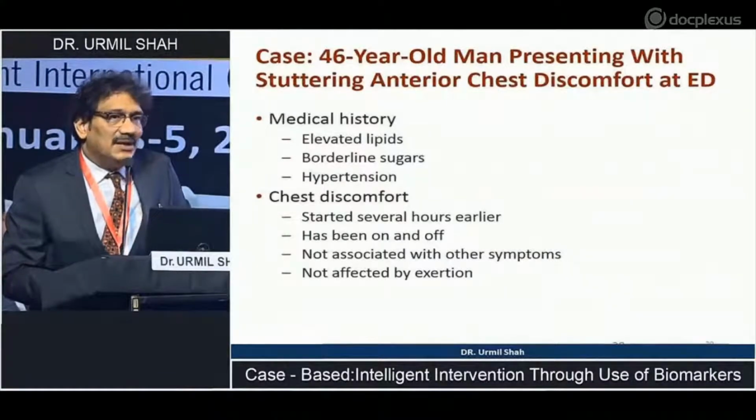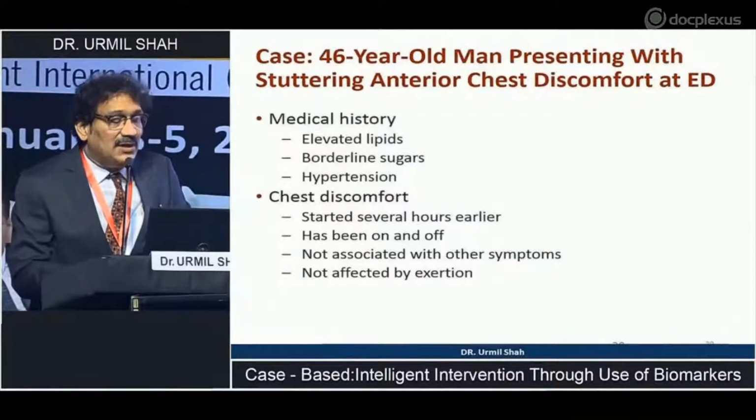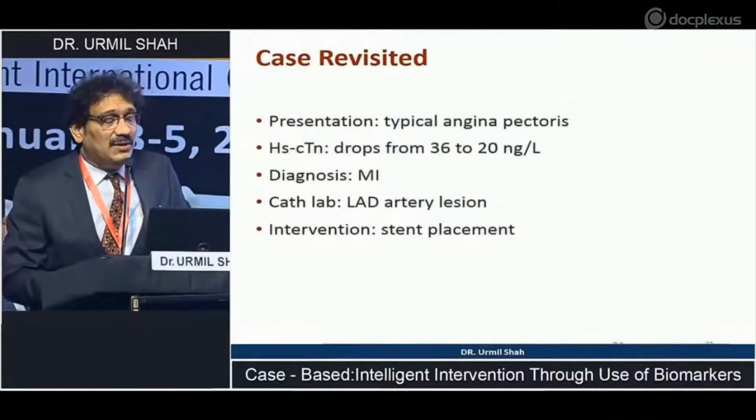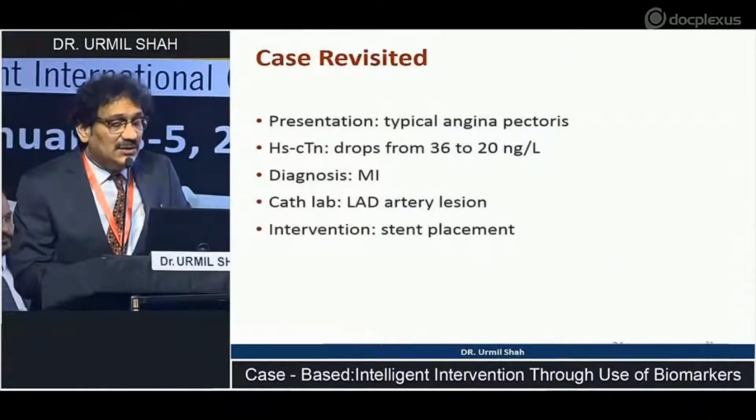So it is like 20. That means there is an acute injury or acute ischemia which is occurring. And this patient had a typical angina, HS troponin level dropped from 36, so that's a significant drop. So the diagnosis of MI is concerned, and when we did the angiography, there was a tight LAD block